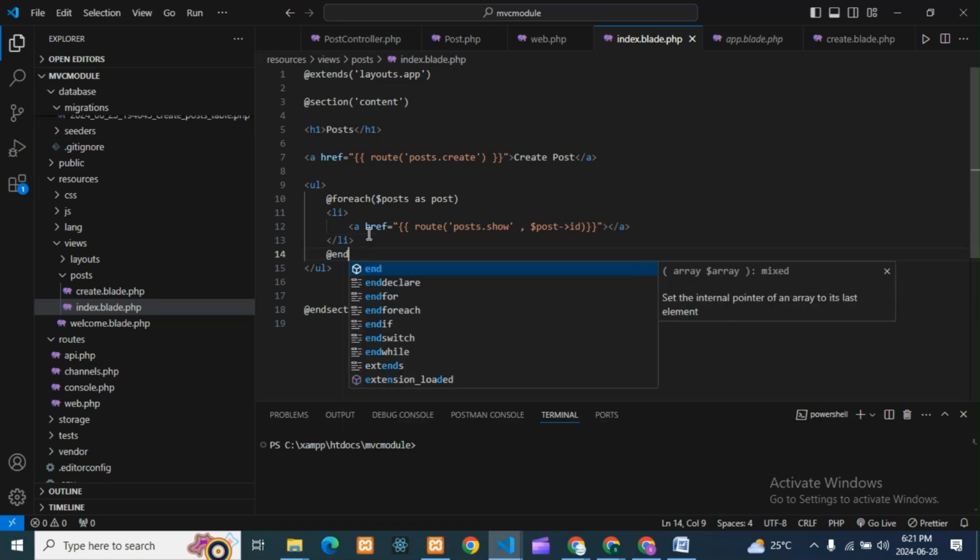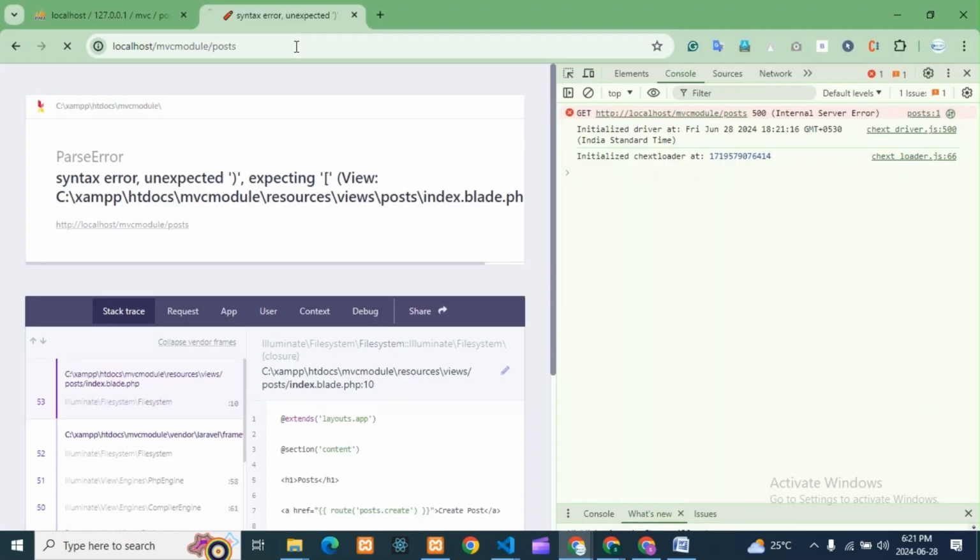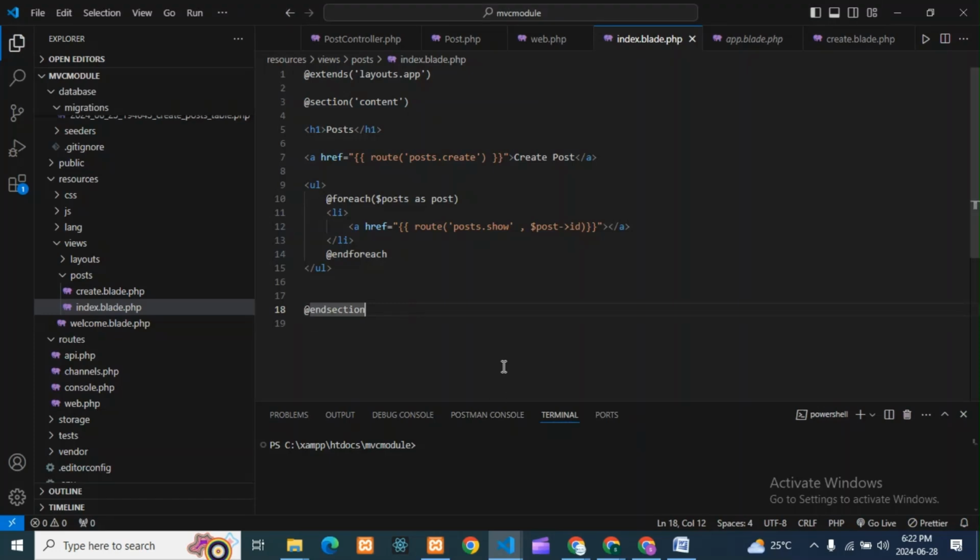Add endforeach. Sorry, only foreach came. Endforeach, done. Now we'll see what it will take. There is a syntax error somewhere, so the parser will check that also.